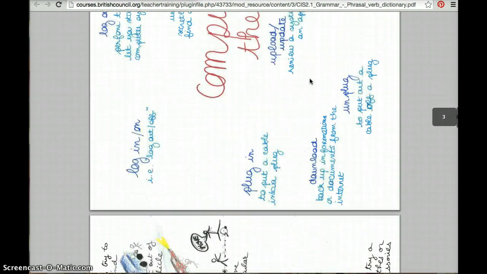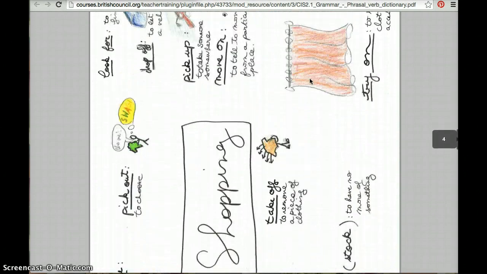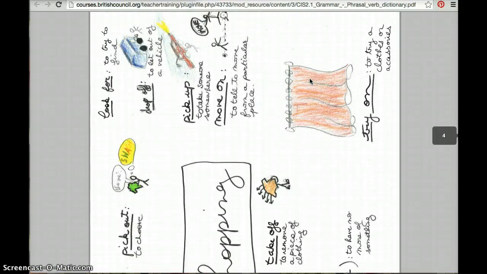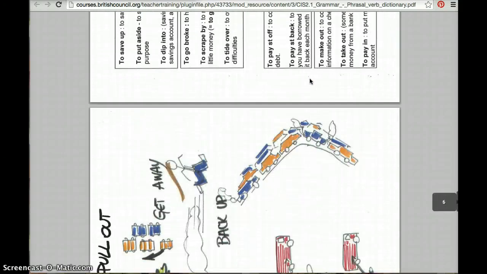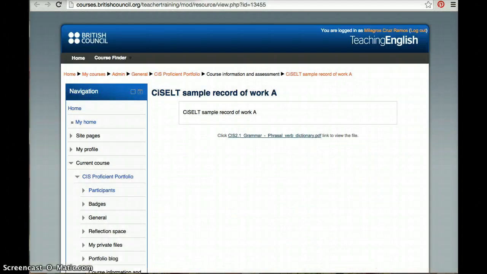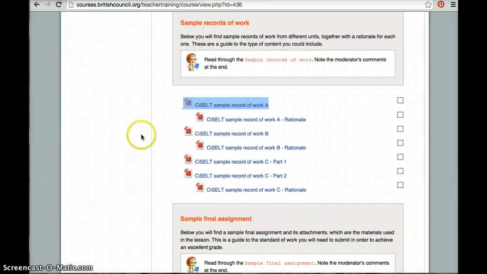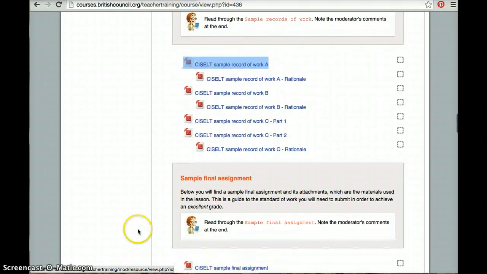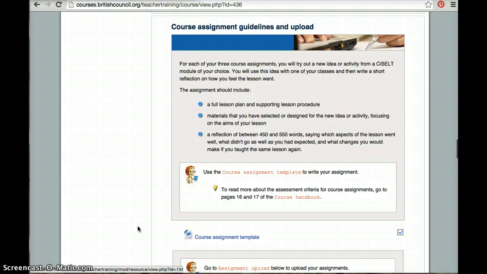And this kind of material that this teacher submitted looks like his or her students' work. And the reason the teacher submitted this is because it's a complement to his or her record of work. So I am gonna ask you to take a look at this, alright? And right now, together,